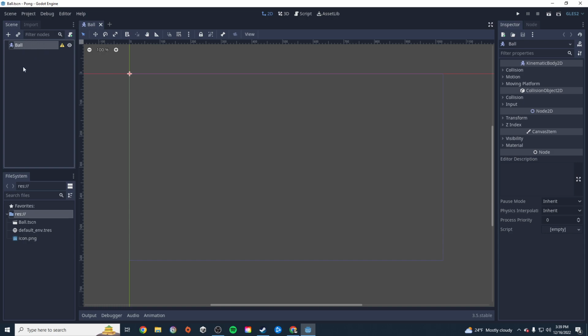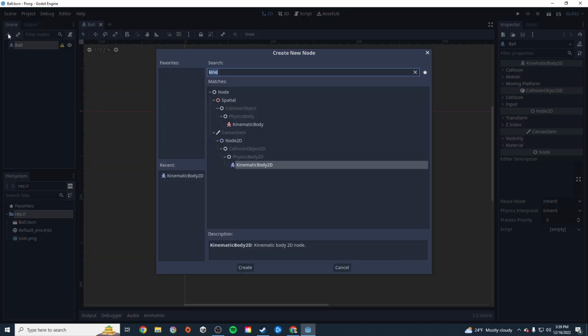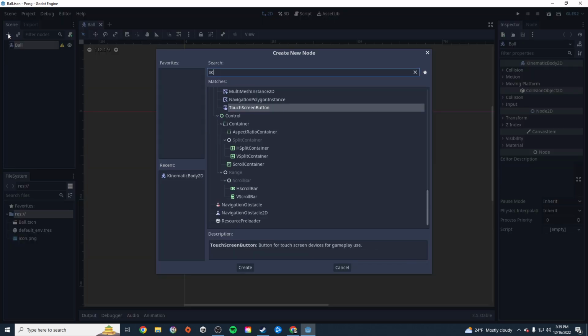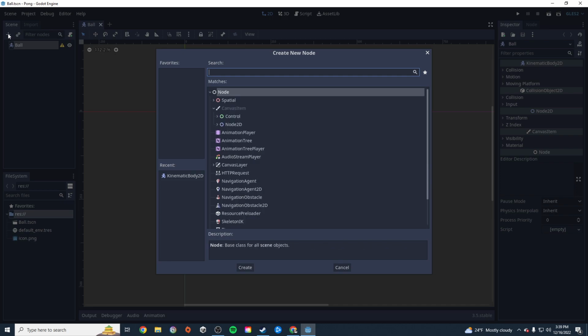But before we do that, we want to use a node that will allow us to attach some artwork to this object, because as you can see, it's invisible. It's there, but we can't actually see what the ball looks like. So let's create some artwork first. We're going to select the ball node. We're going to click this plus again, and we are going to look for a node called